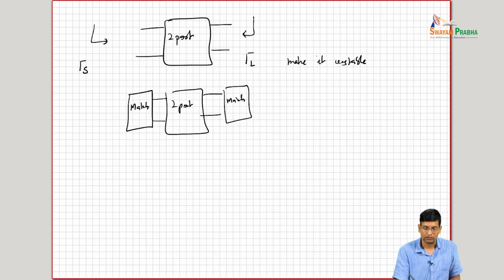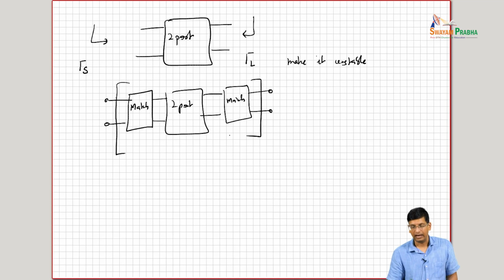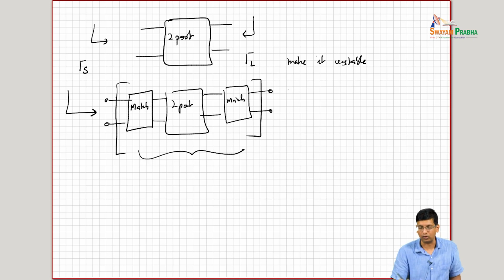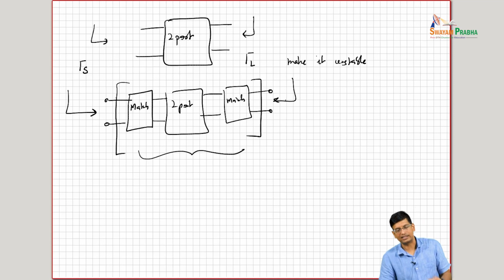You have some network, and this is what is exposed to the outside world. For practical purposes, now this is your two-port. And if this two-port is unconditionally stable, then that's fine, because no matter what load and what source is presented to you, it's stable. So this is okay, but it's a risky way of doing it